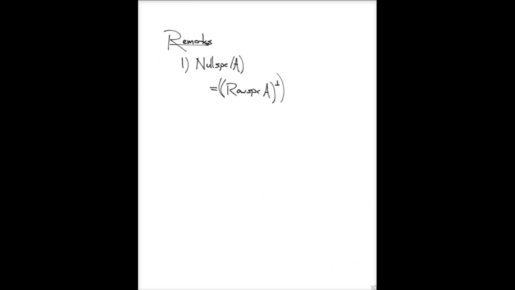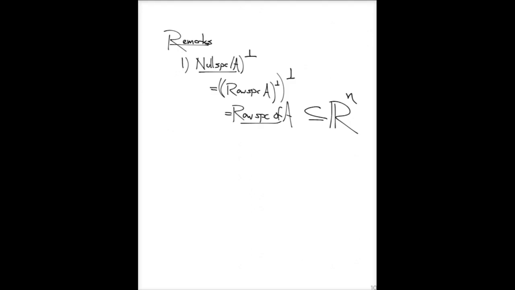And therefore, we can take orthogonal complement here and here and conclude that the orthogonal complement of the null space of A is the orthogonal complement of the orthogonal complement of the row space of A. But it was something that we stated in this chapter, that if we take orthogonal complements twice, these orthogonal complements in a sense negate one another, and so this last subspace is just the row space of A. In other words, what we're saying is that the null space and the row space are mutual orthogonal complements of one another